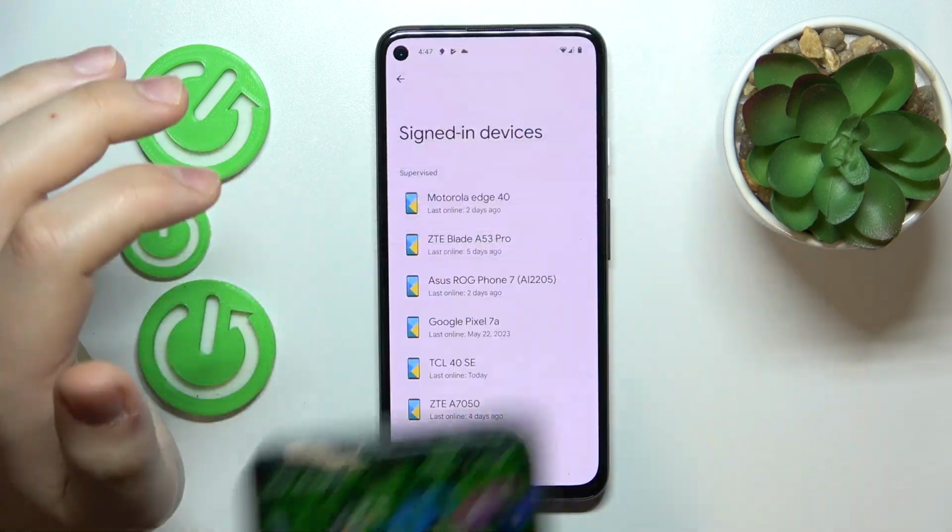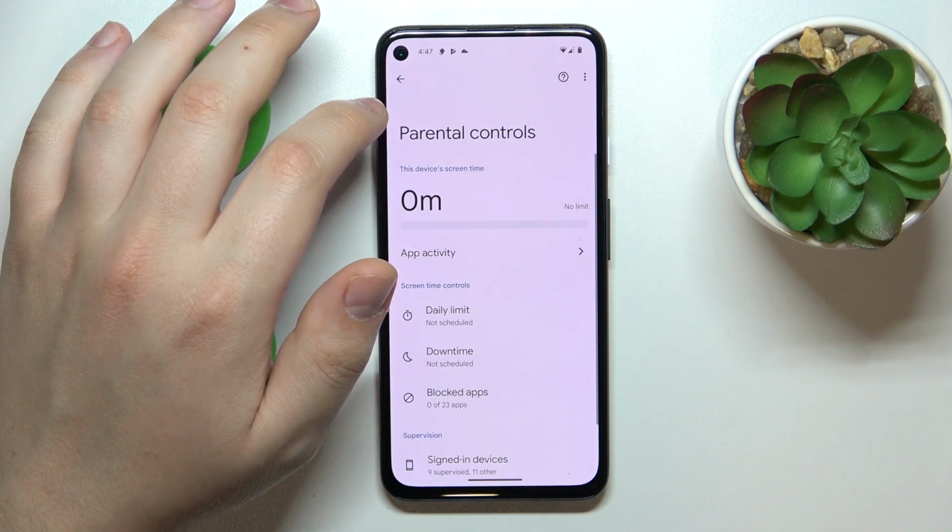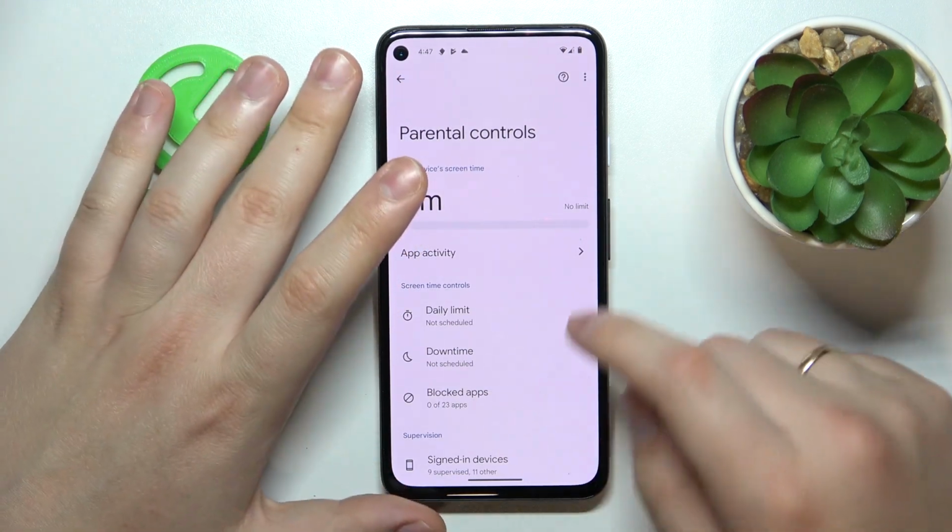So, well, that covers more or less everything, at least as far as setting up parental controls on an Android 14